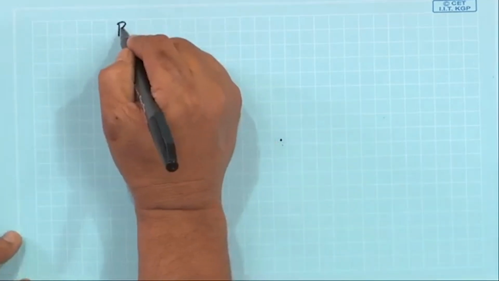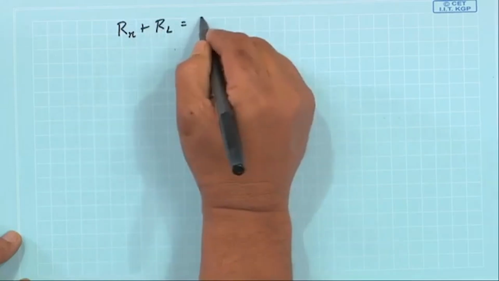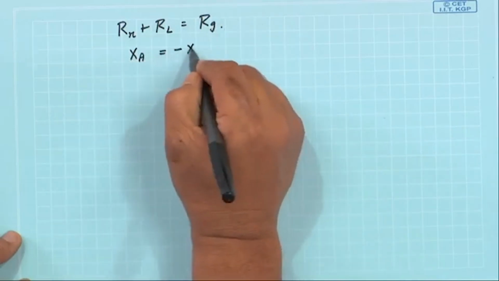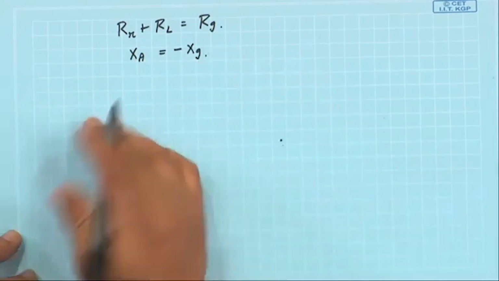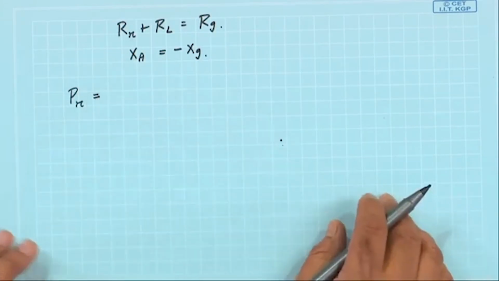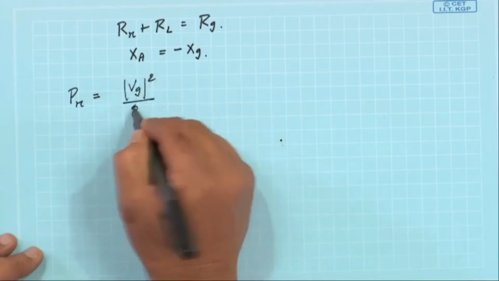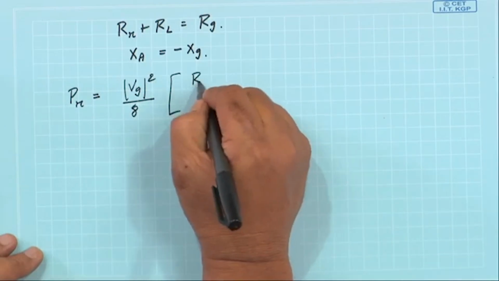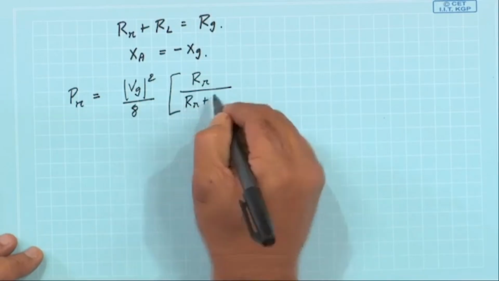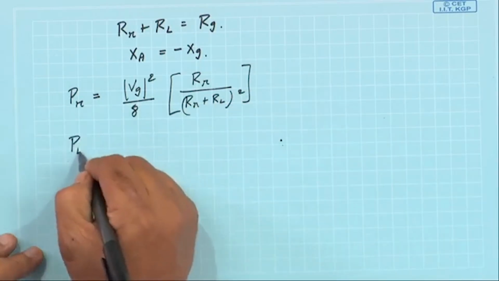So, the condition for that is R r plus R L should be equal to R g and X a should be equal to minus X g. So, under this scheme, when this conjugate matching takes place, what is P R? It is V g square by 8, just the same expression, you put this condition, this will come R r by R r plus R L whole square, and P L